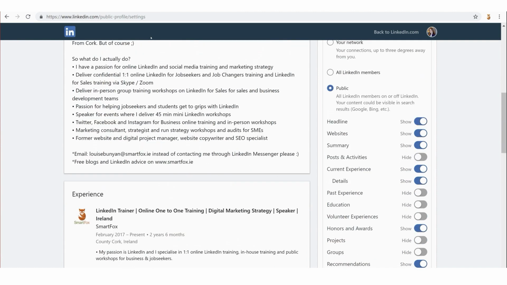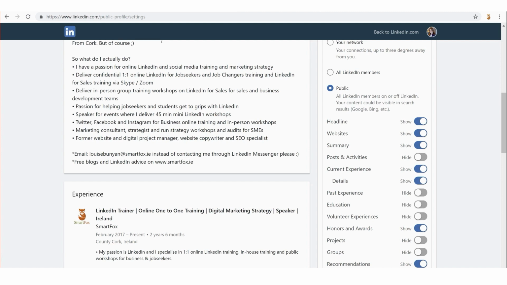And then the next one is all LinkedIn members. We may not be connected on LinkedIn, but as long as that person has a LinkedIn account, they will be able to see my photograph. And then the last one is public. This means all LinkedIn members, on or off LinkedIn, your content could be visible in search results, for example, in Google or in Bing.